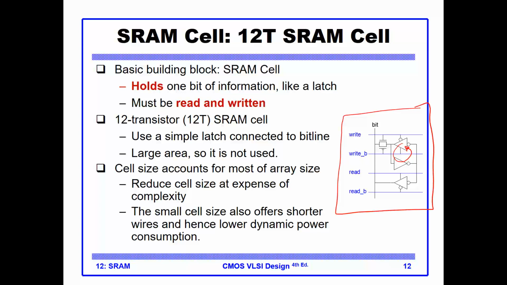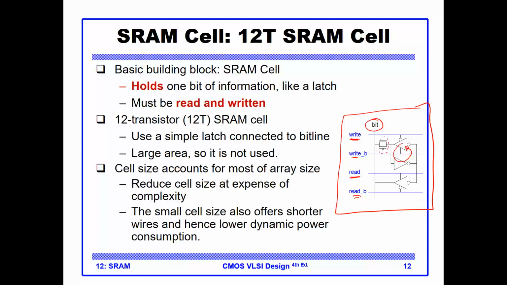And you can see this structure has this bit which carries the read and write data. It's the same bit. And I have a control line which says write and a control line which says read. Okay, and you can see that of course you have the control write and write prime and read prime, of course. Now you can see that here I have this transmission gate,